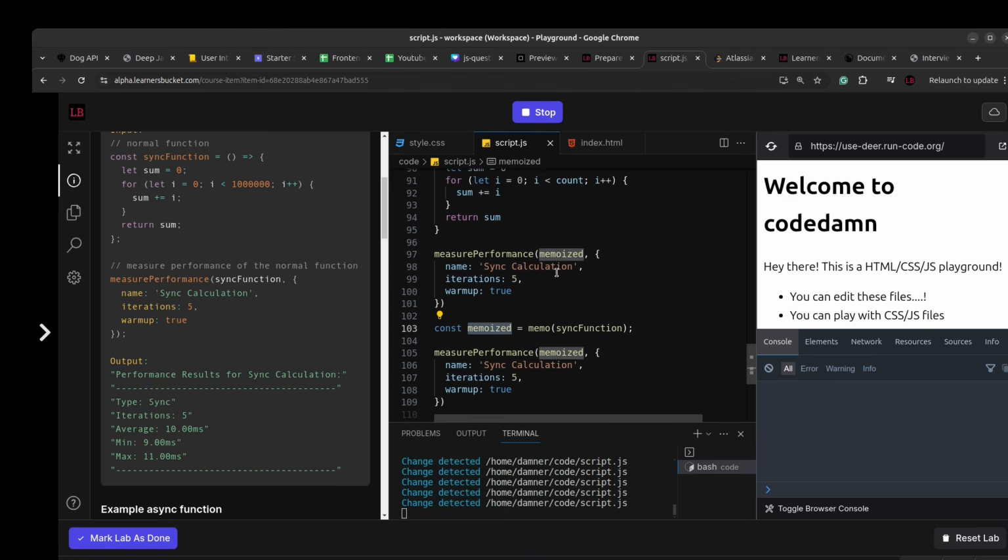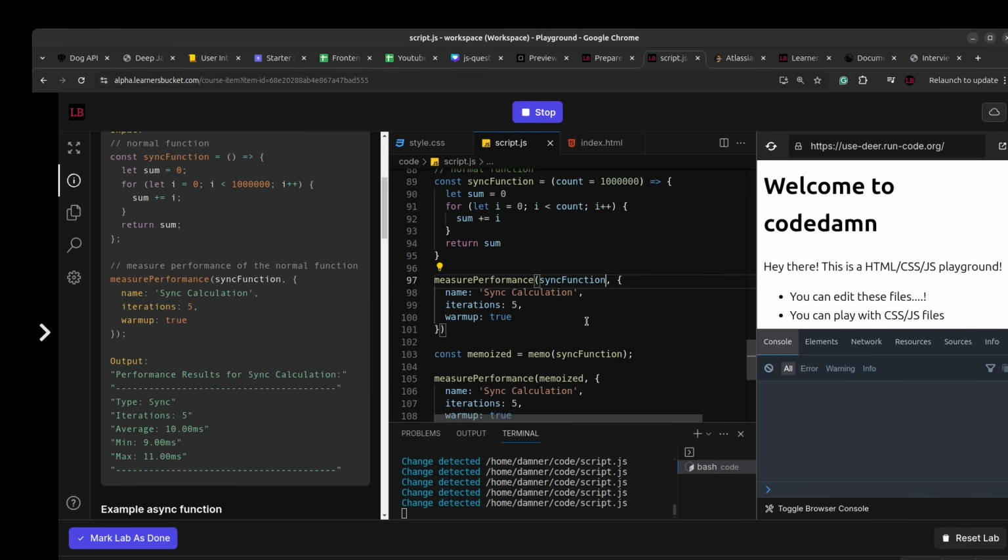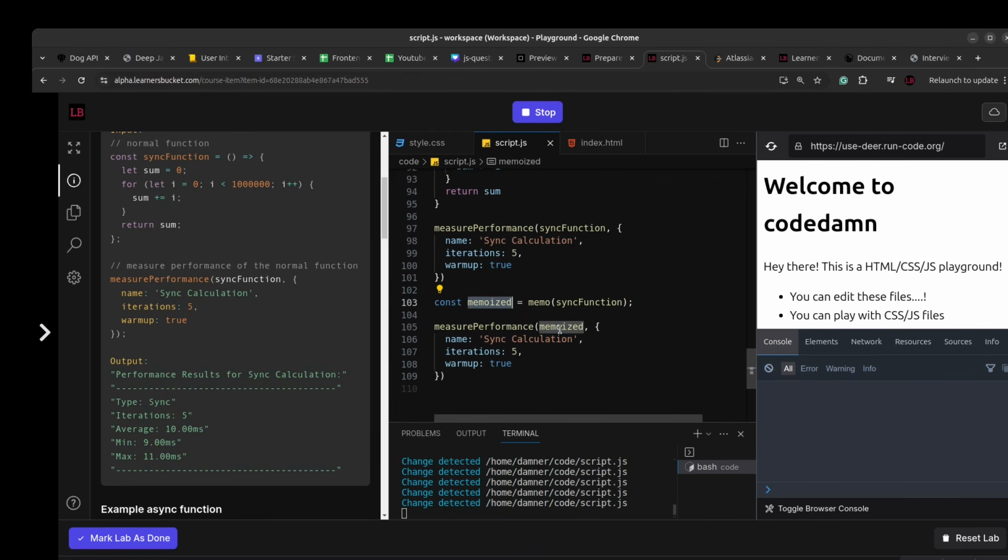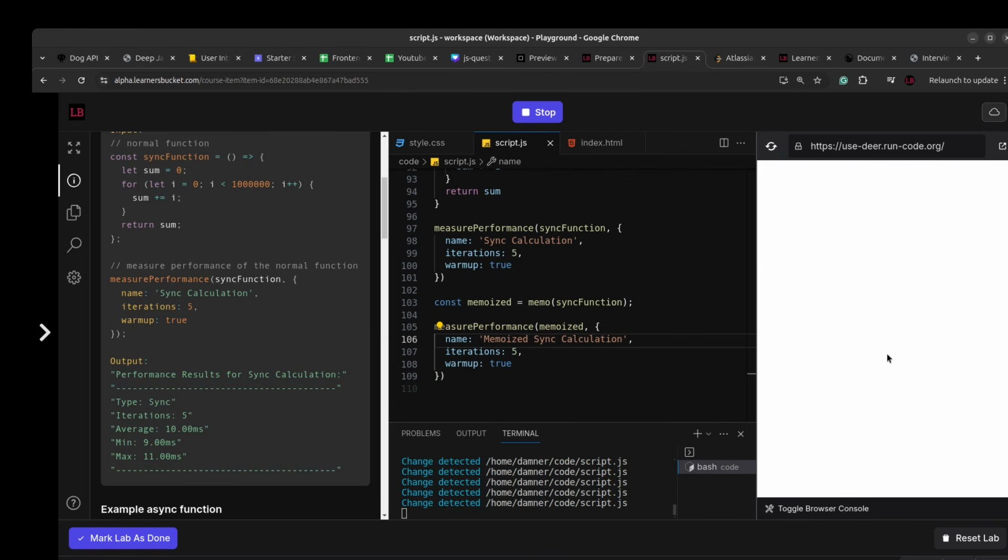And now let's pass the synchronous function over here and memoized to this function, and let me rename this as memoized, and then we'll see the result. Now if I reload,